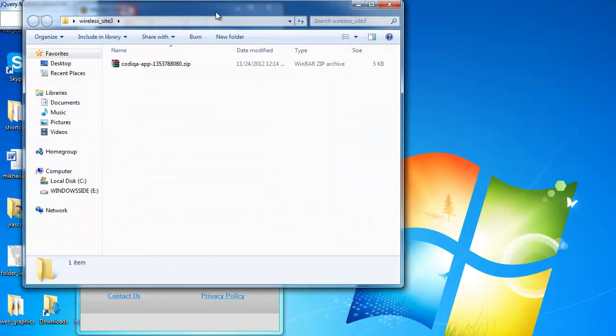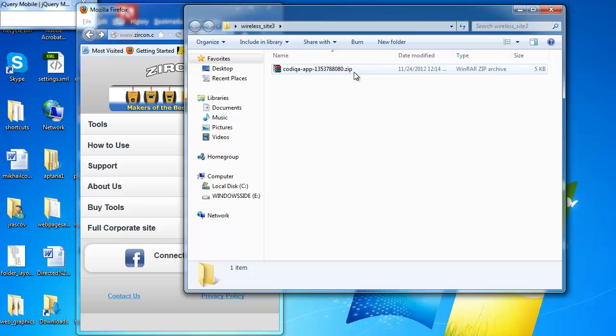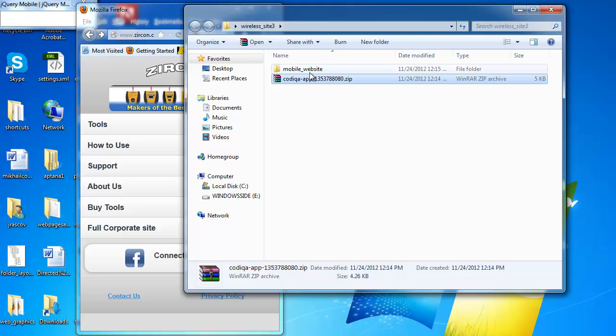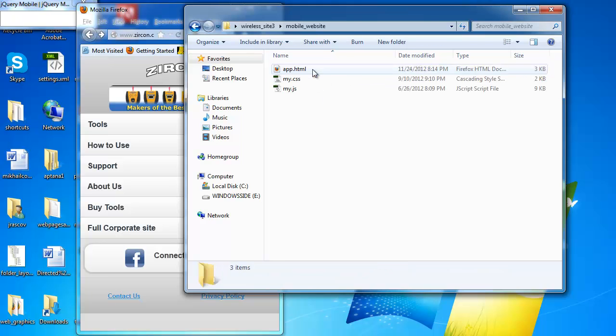And if I open it up, you'll see what it sends you is a compressed zip file. What is inside this zip file is all the program you would need to make a full working cell phone site. So if I uncompress this right now, I'm going to right click on it and say extract here. You'll notice it makes me a folder called mobile website, and if I open it up, you'll see it makes the HTML file, which is HTML5, and a CSS file, which has the theme and all the colors and things like that,